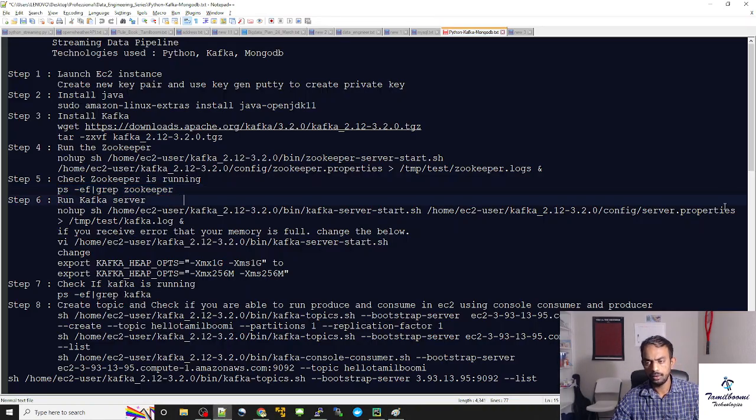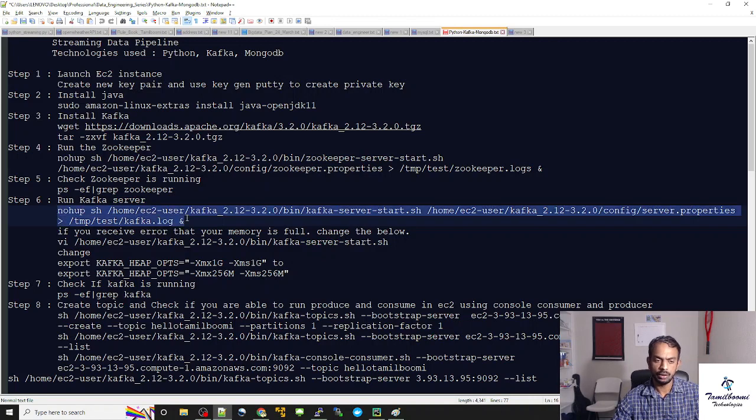Same way, similar way, just the property file changes. Here we are giving zookeeper.properties. Here we are giving server.properties, and then similarly we just need to run. I'm just running the similar command, if you can see. But before that I'll show you that Kafka is not running before that. Okay, if you just check Kafka here before running,